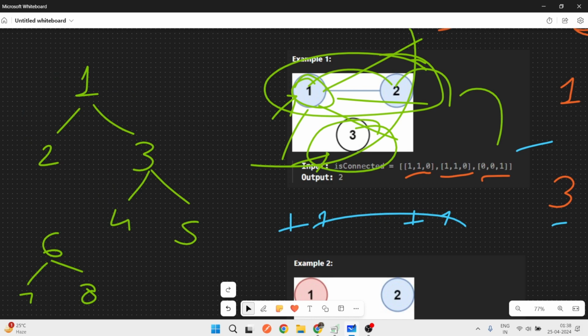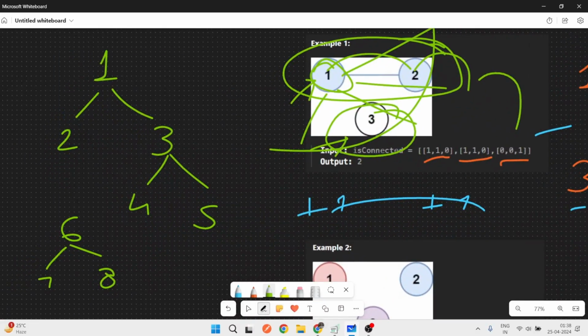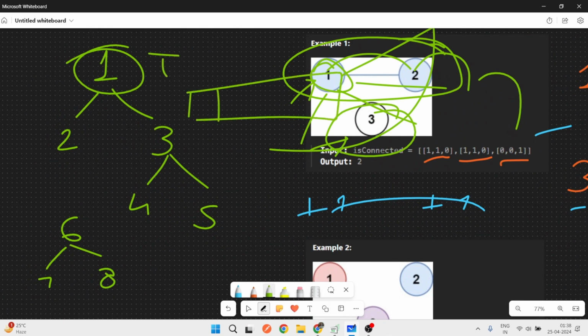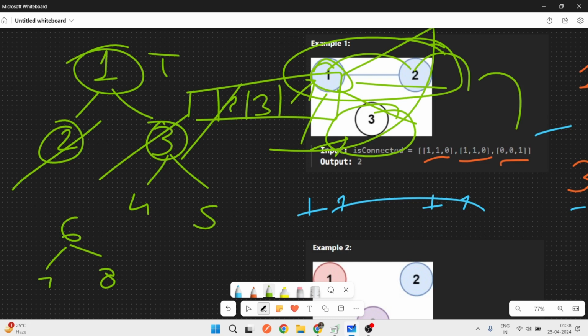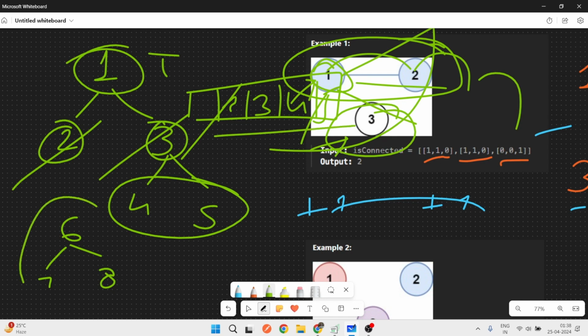But in BFS, first we mark the node visited. Then in our queue we add all its direct neighbors. We add 2, we add 3, then we process 2, then 3, and then we add all their children to the queue.